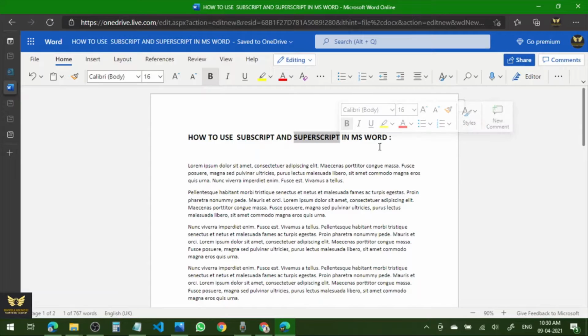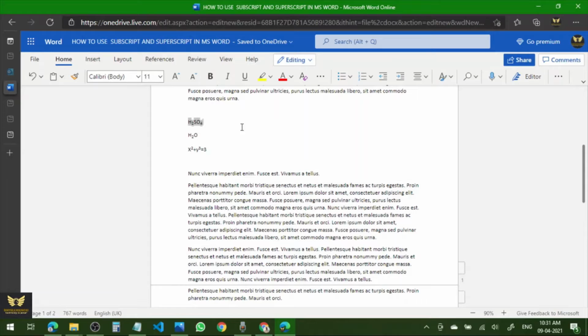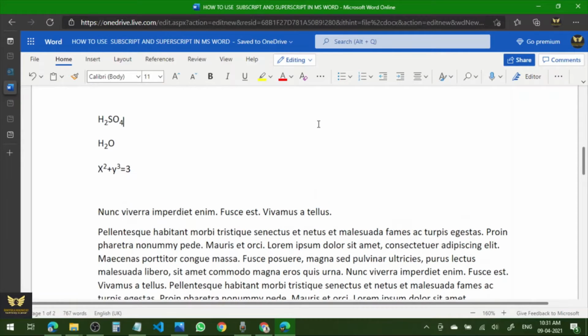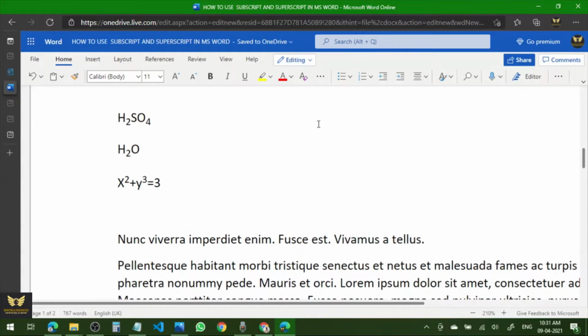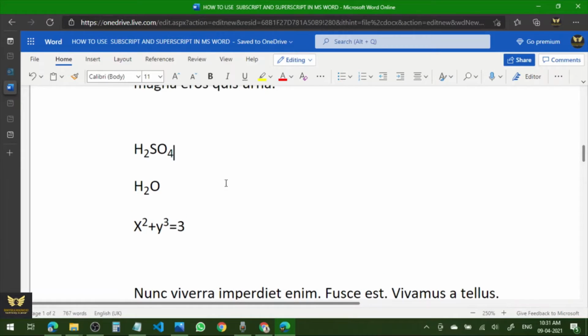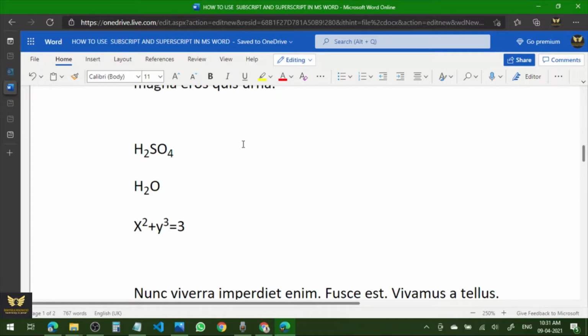The subscript and superscript meaning is, see here, for example, if you want to type like this, or like this, or like this, we need to go for using subscript and superscript.